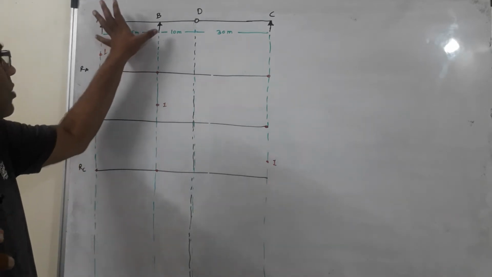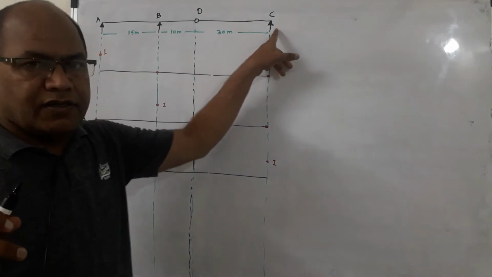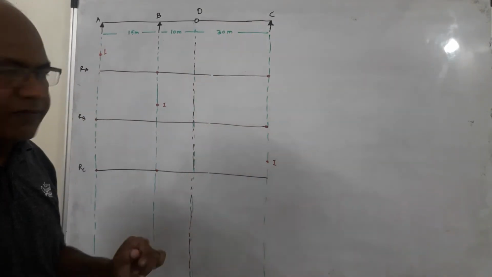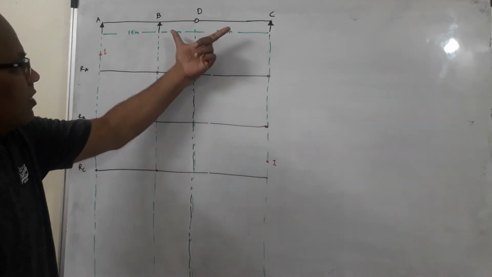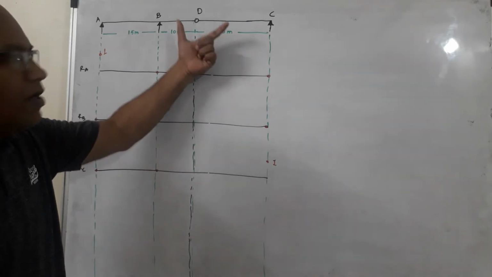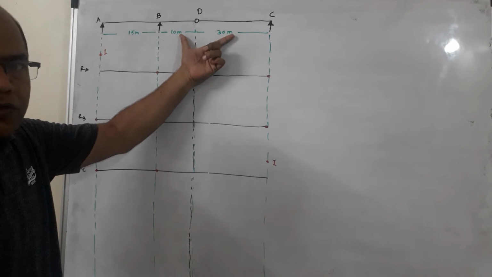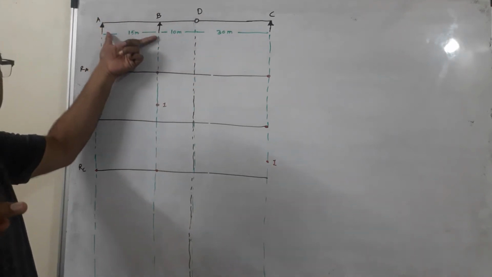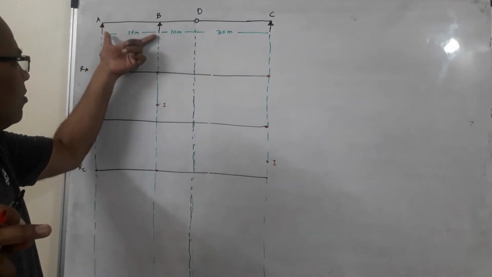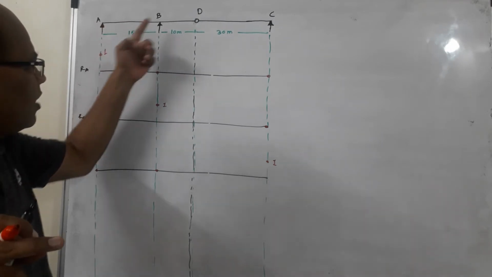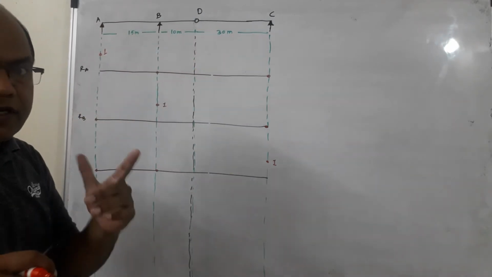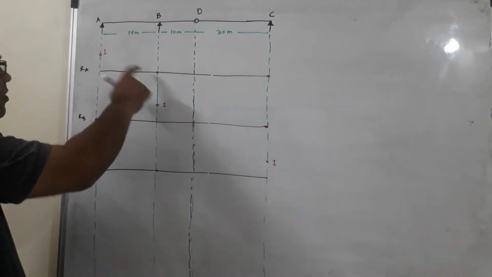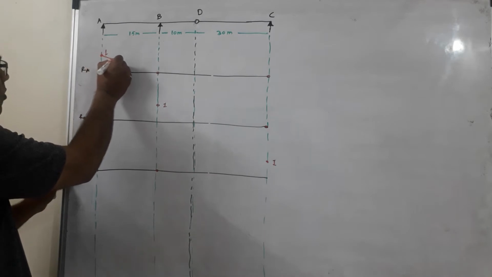Now, there are two spans AB and BC. Check in which span the hinge is there. Now, we can see that the hinge is in BC. So, if the hinge is in BC, don't go for this span, go for the other span, that is AB. So, I will be dealing with this span first and then I will go with the span in which the hinge is there. So, go with this span, we have 2 points for this span, join these 2 points.